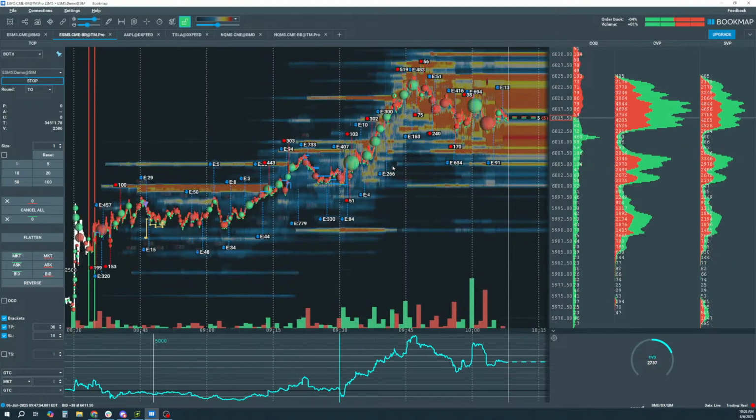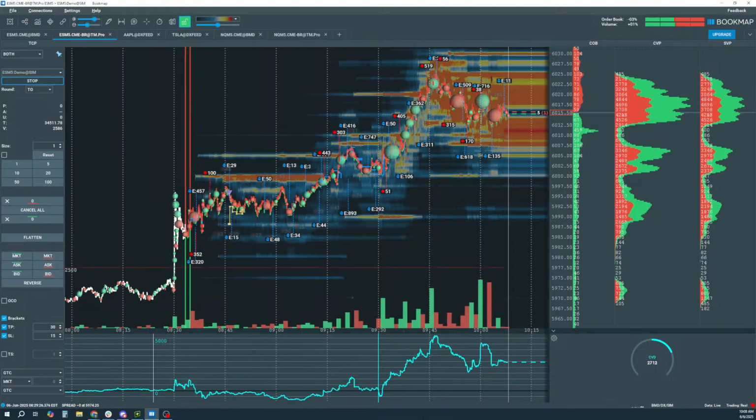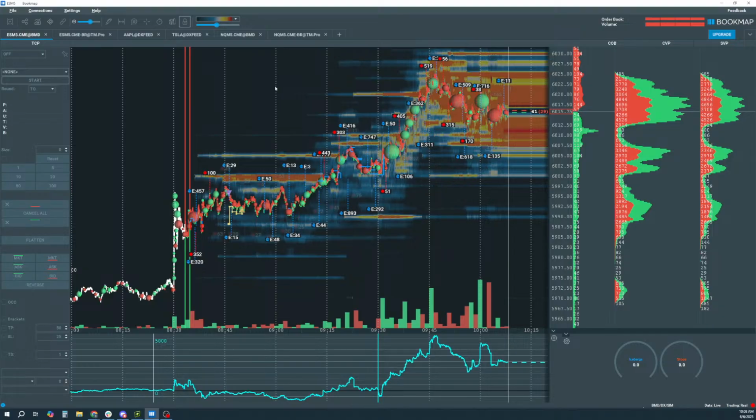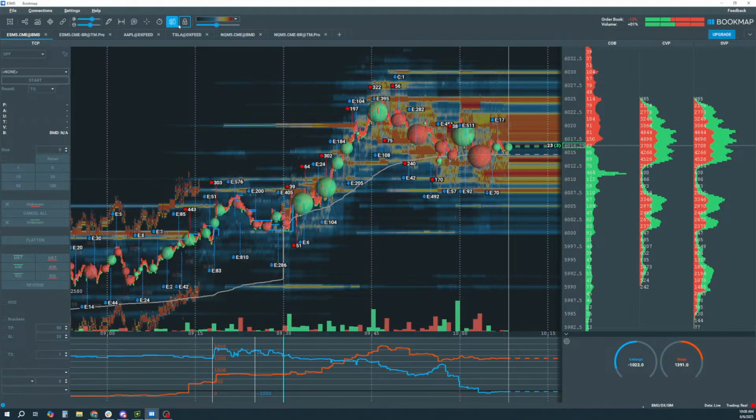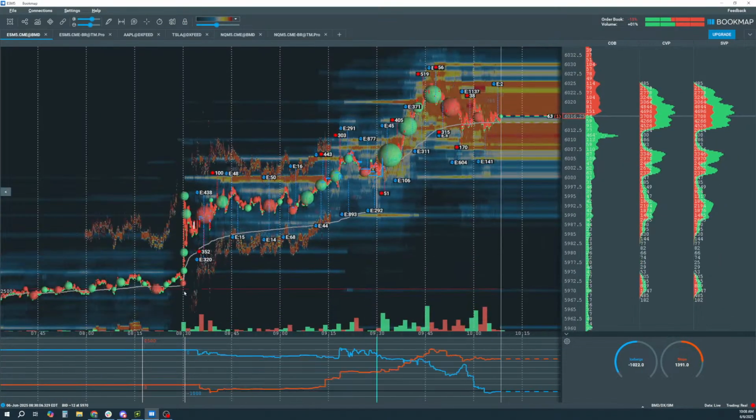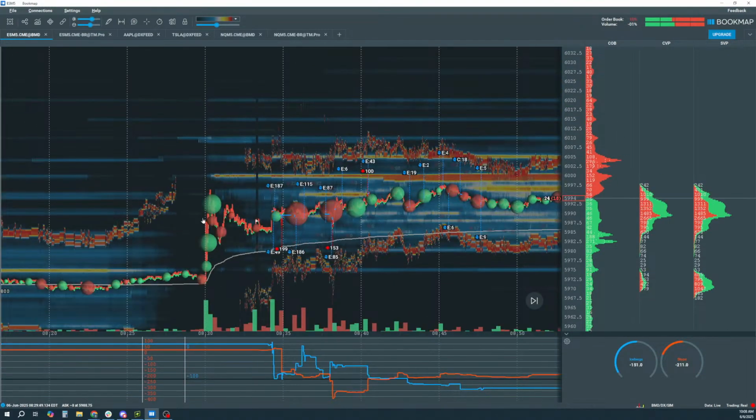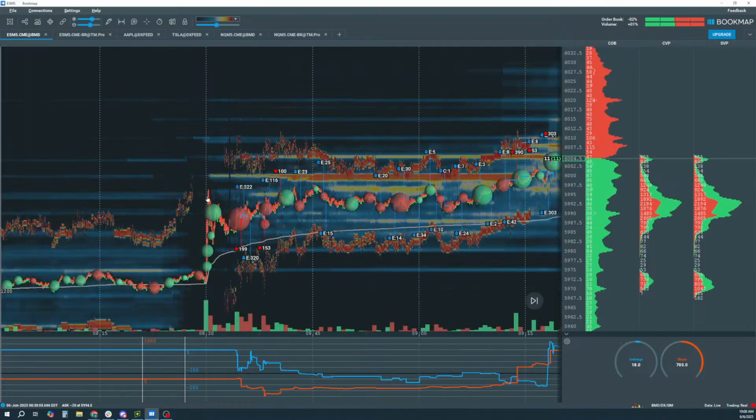All right, you can see right here at 8:30, here's the knee-jerk reaction. Well, let's actually look at this one here. The knee-jerk reaction from the non-farm payrolls is to the upside. The data was good. And you can see just how powerful this is. You're going with the move. Now you're looking for the key levels, and then you're looking at building out your scenarios, and then the proper